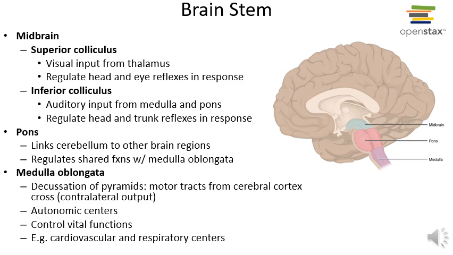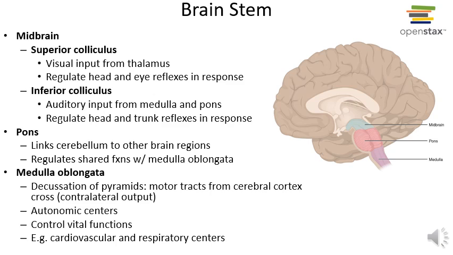One is called the superior colliculus, where you get visual input from the thalamus. Remember, the thalamus brings in a whole bunch of sensory information, but at this point, we're going to process that visual information and convert it into motor movements of the head and eye. And those are coordinated movements in response to what we see. Obviously, there are going to be pretty darn critical tracks connecting the superior colliculus with the visual centers found in